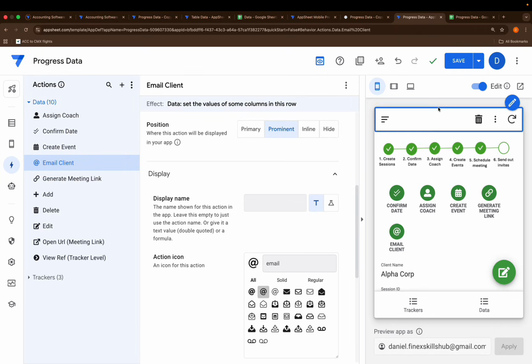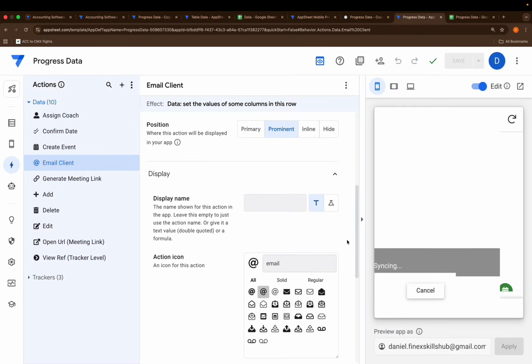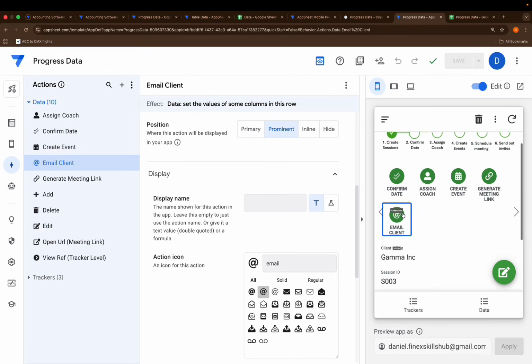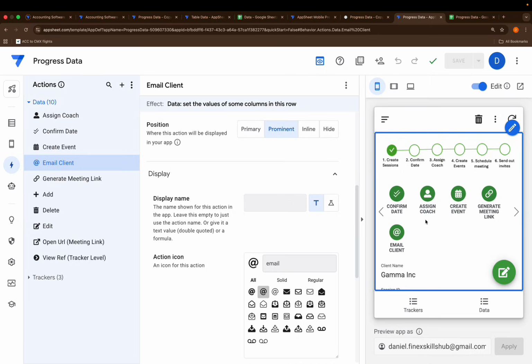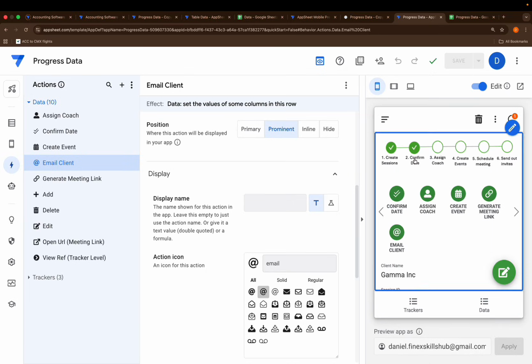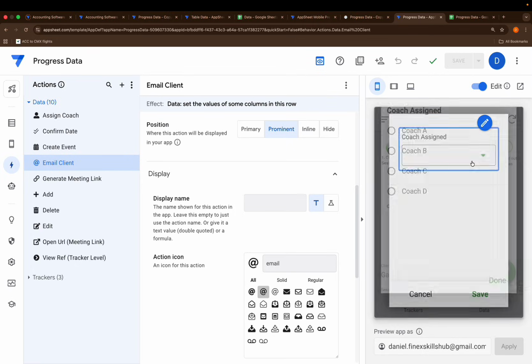So if you click on this, let me just click save. Okay, good. So let's try something that was blank. Good. So this is blank gamma. This is a session has been created fresh. Now we click this, click yes, click save. That's confirmed. Good, right? Now we come to assign a coach. Click here,